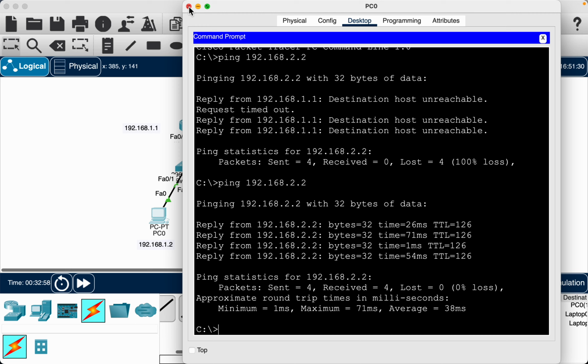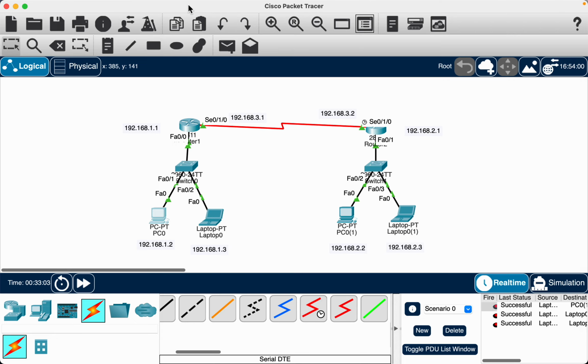Okay, if there is any error on this router or on this router, what happens? So this is your troubleshooting. Once you send your message from this PC to this PC, you will not get back the reply. So what you have to do is use the ping command. First you will send your ping command to another PC on this LAN. Then if it is successfully delivered, then you have to send a packet to